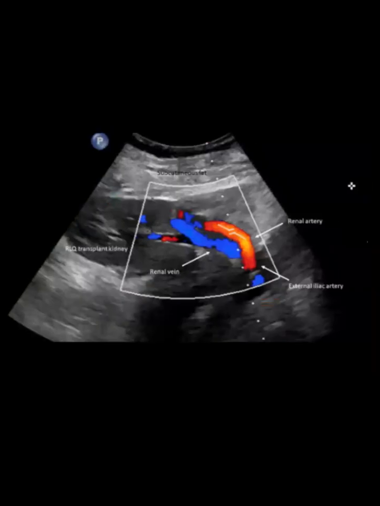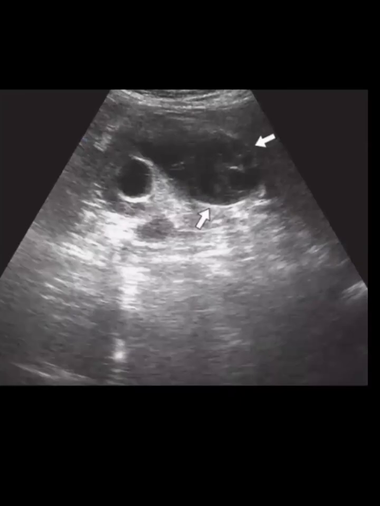So here it is a renal transplant kidney. We are trying to visualize the vessels. The renal artery should be coming from the external iliac artery, and the renal vein is anastomosed with the inferior vena cava. Okay, so here what you can see, brother, this is a